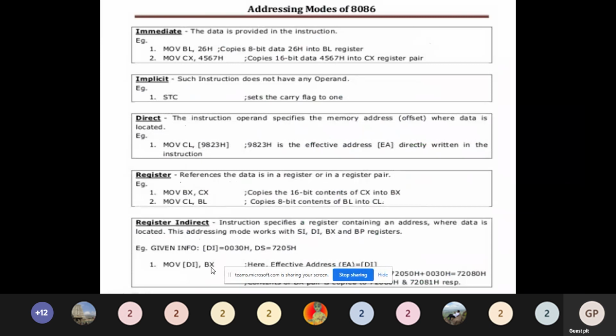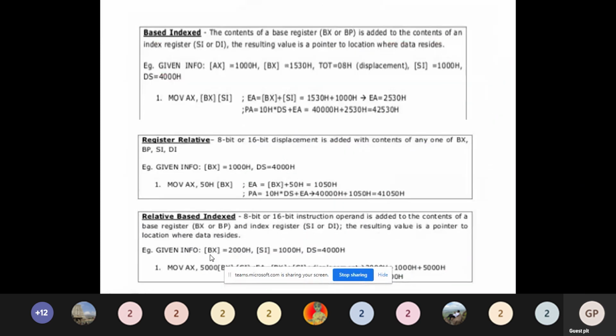This is the example for register addressing, moving data between the registers AX and CX, BL and so on. Indirect means the register will have the address, and the content at that address has to be moved to the other register specified in the instruction.